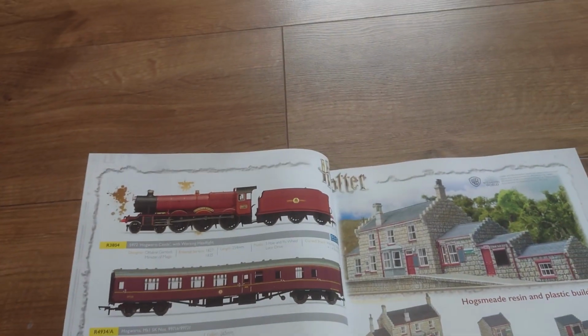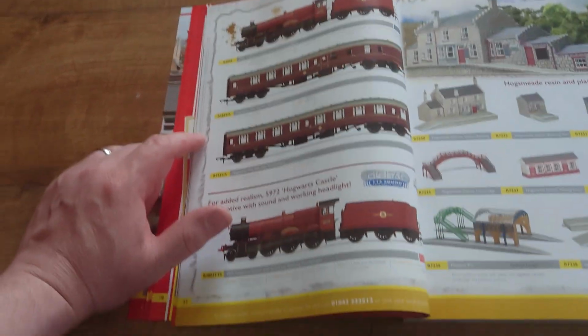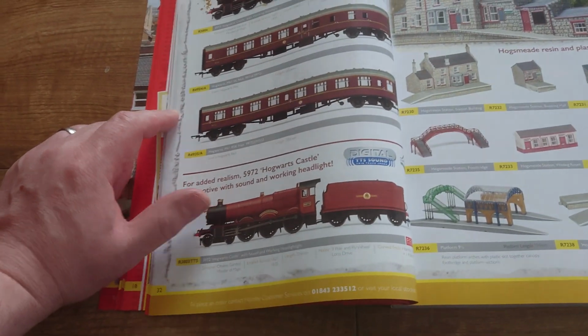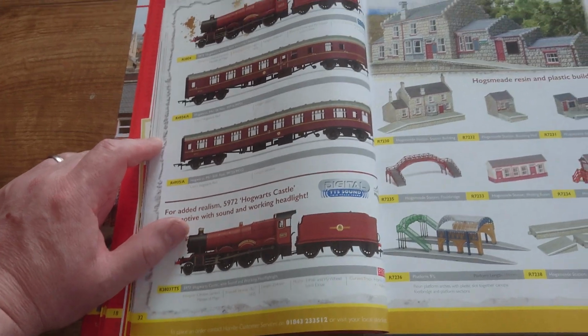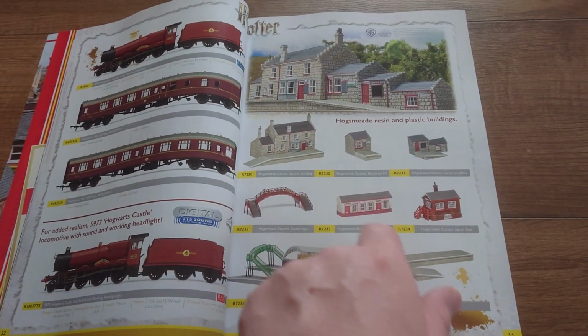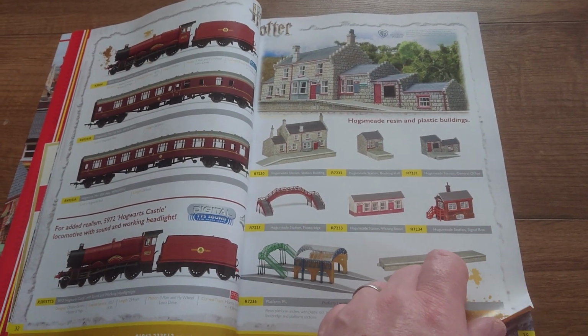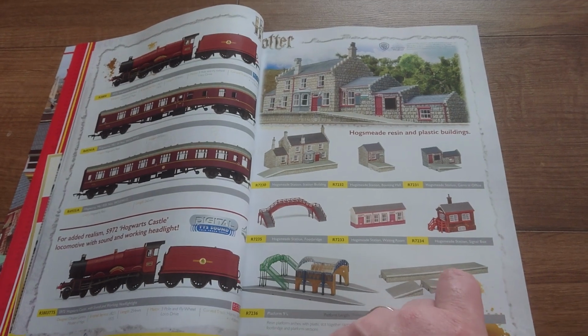Yeah, because there you are. Basically, you buy the loco separately as well, along with the rolling stock, and there's the sound one. I think he's got the sound one, so I can't wait to do that. Oh, and there's all the buildings to go with the Harry Potter at the Skaledale range, and obviously the Hornby,